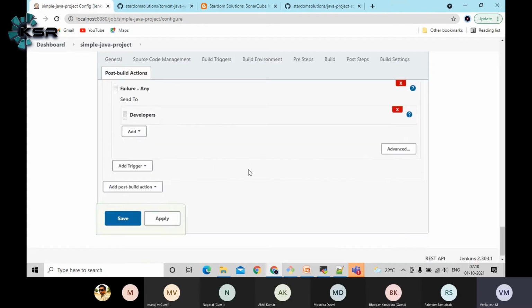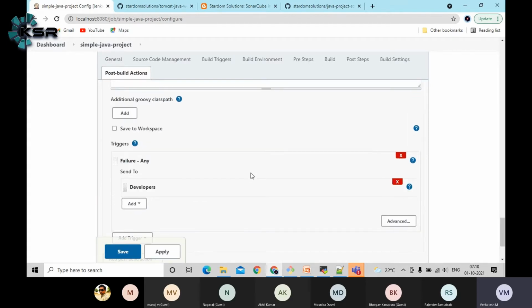Then go to the advanced section. In the advanced section, we can see some other options, guys. As you can see here, when to trigger email. Let's understand this one clearly. The failure trigger: let's say the compilation or something failed. Yesterday we tried a different job, and that time the job failed. Then it will try to notify the development team. This is the build, this is the repository name, we have this exception, and since it will attach the logs also, they can clearly see it.